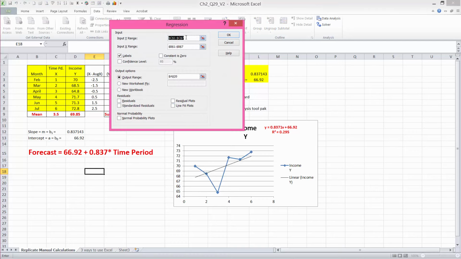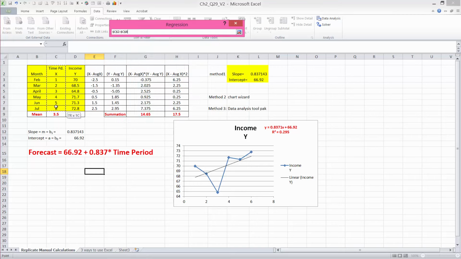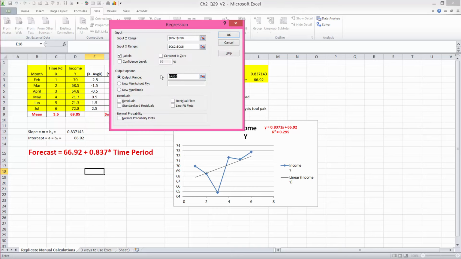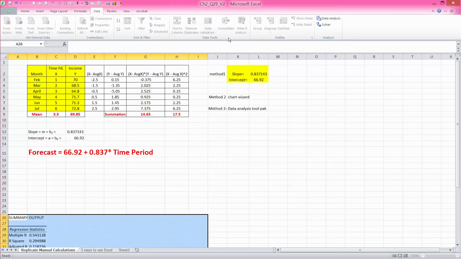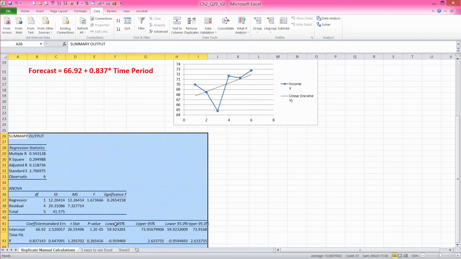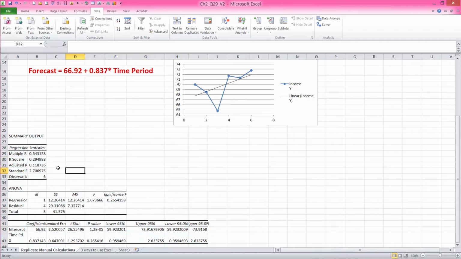where it says what are the y values. I know my y values are here. For x values, I will select these. I will say that I want to put my results in here, and at this point that's all that I'm going to ask for. So if I set OK, then this is the analysis that is provided for me,